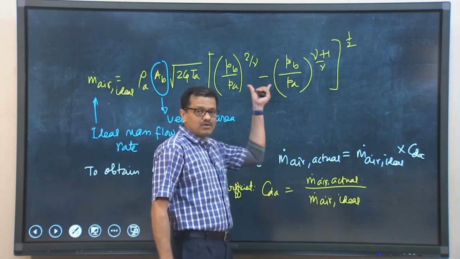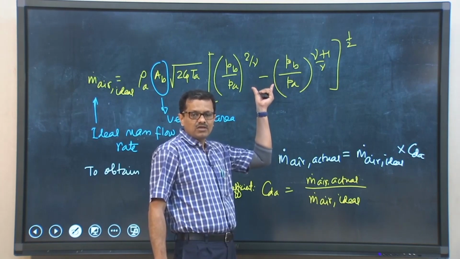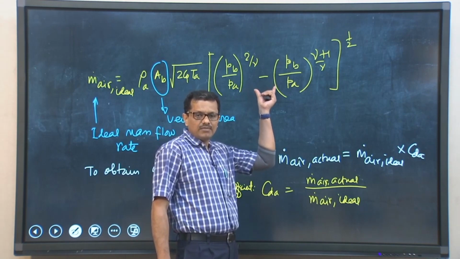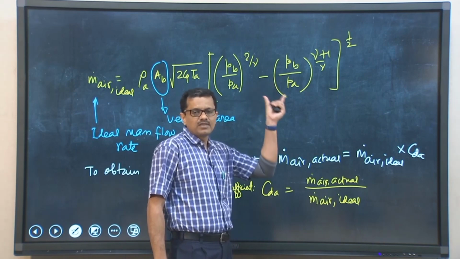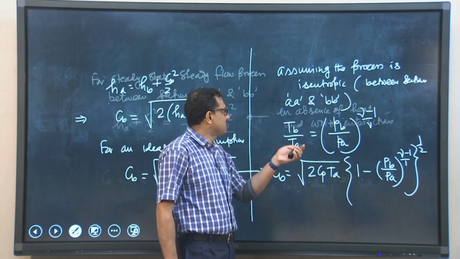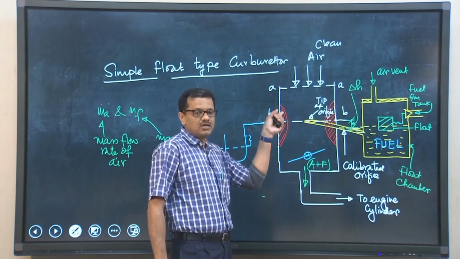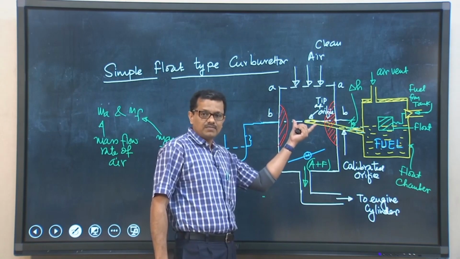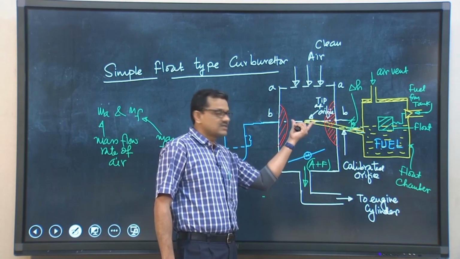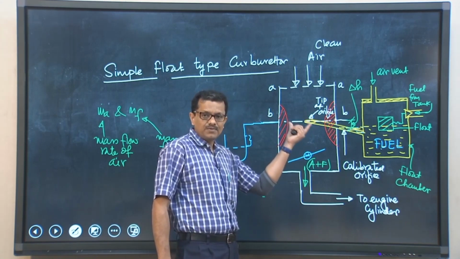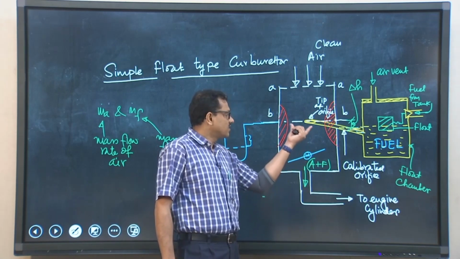So, to obtain this mass flow rate we had to provide the Venturi that we had seen in the schematic depiction, right. So, the carburetor is provided with this Venturi, to reduce the cross sectional area at section BB, and the amount of the mass flow rate that is obtained at this section BB should be sufficient to meet the demand,